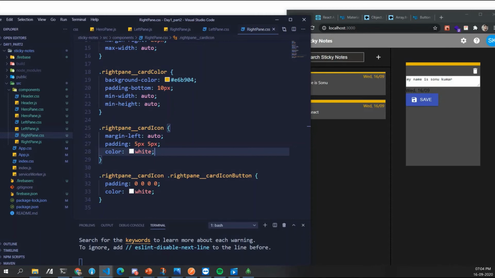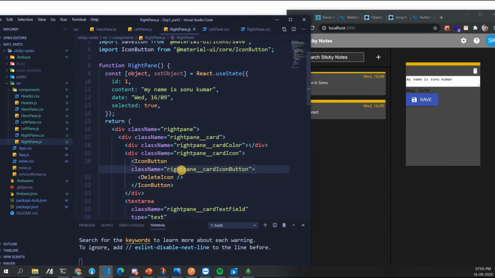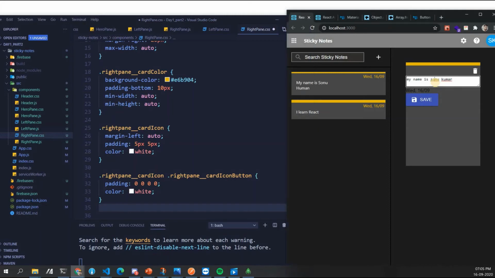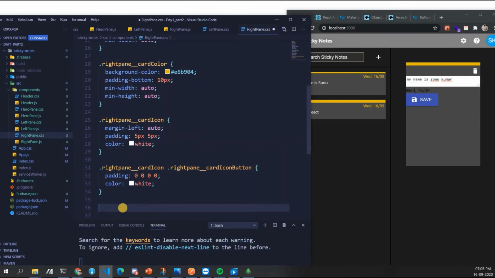We are clear with this, right? So in writePane.js we just wrapped it, gave it a class name, and then over here we just captured it and then changed the color of it. Okay. Now coming to the important part, which is our text field. So this is done, this is done, this we have to do, then this, then this. Okay. So always remember, go with the flow. Go one after the other so that your code looks neat. Card text field.